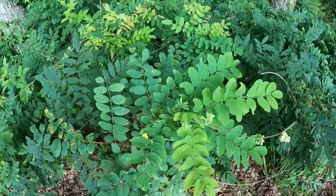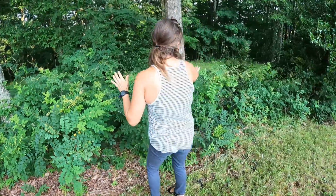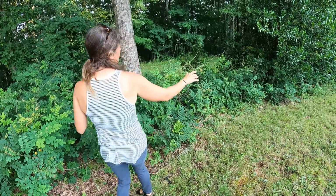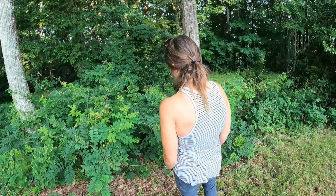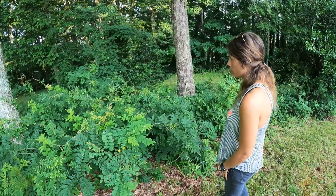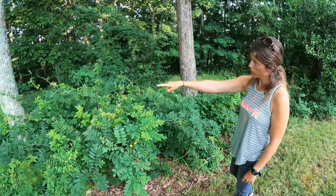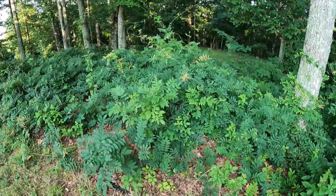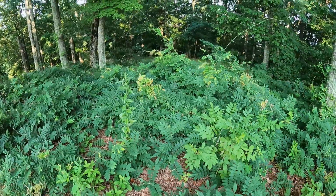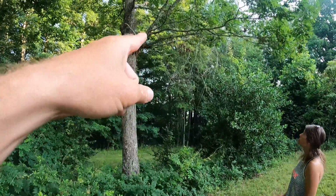And last winter, believe it or not, we ripped out all of this, or we thought we did. Well, I wouldn't call it we ripped it out. I would say it was a combination of we ripped out as much as we could, and then I weed whacked the rest of it. And I got it off the trees, and look at that tree. It's already coming up. The stuff is relentless. It was up this tree. You can see the remnants up here. Yeah, we got it all off of this oak right here, but it's still...